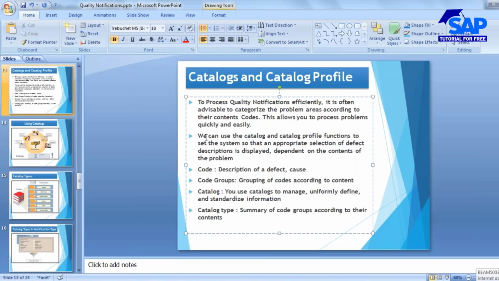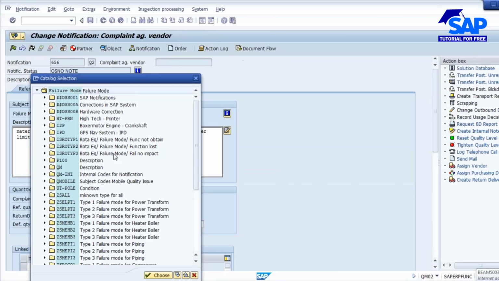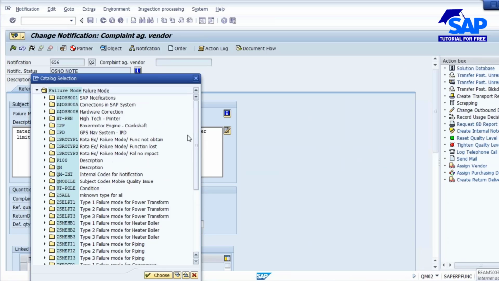Basically, we can use the catalog and catalog profile functions to set the system so that an appropriate selection of defect description is displayed dependent on the contents of the problem. You have a predefined selection list, and the user will select from it.